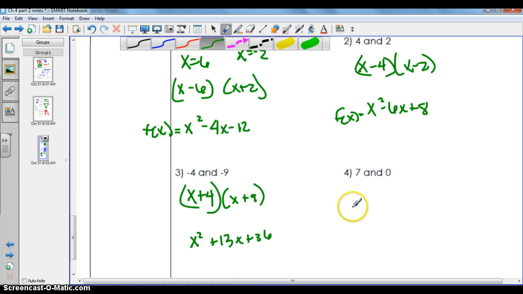All right, and then over here, so it's x equals 7 and it's x equals 0. So this one would be an x minus 7. This one would just be an x because it already equals 0, so it is just x. So now distribute, because there's no real foiling there, and you would get your final